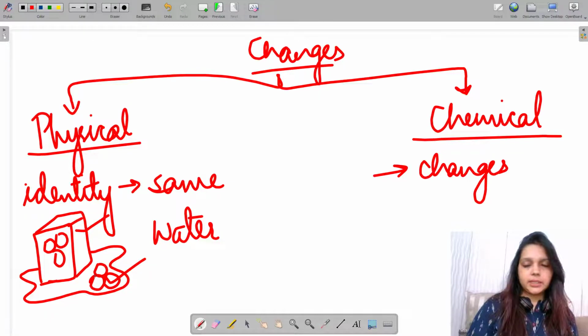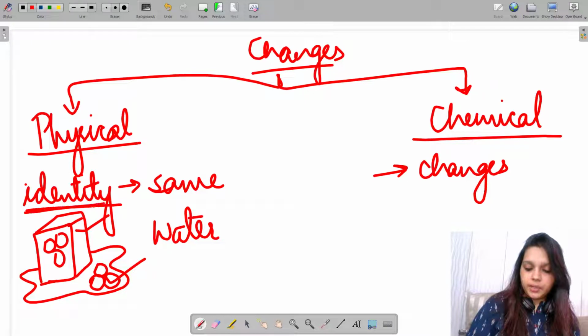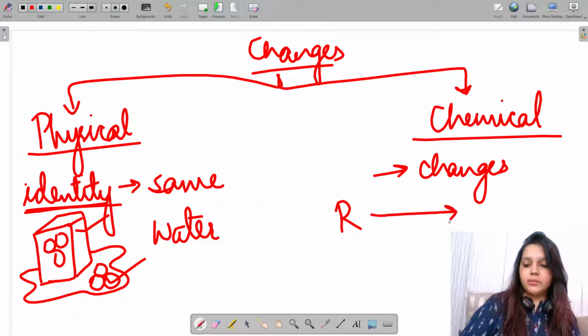Or maybe I can take an example of boiling or heating up a wax jar, right? So even if it converts into vapor form, or is converted from a solid to a liquid form, the wax particles will remain wax particles, right? On the contrary, if I come to chemical changes, the identity of the particles in a chemical reaction changes completely, right? The reactants, when converted into products, change their identity.